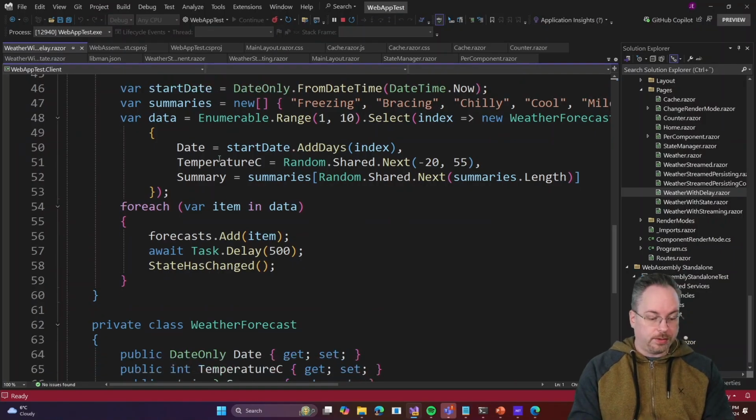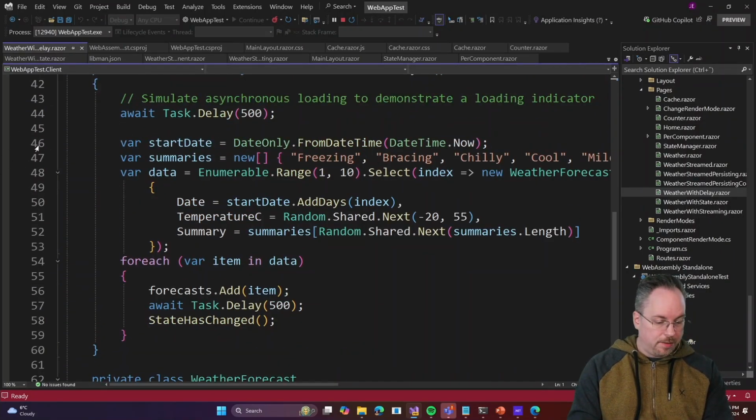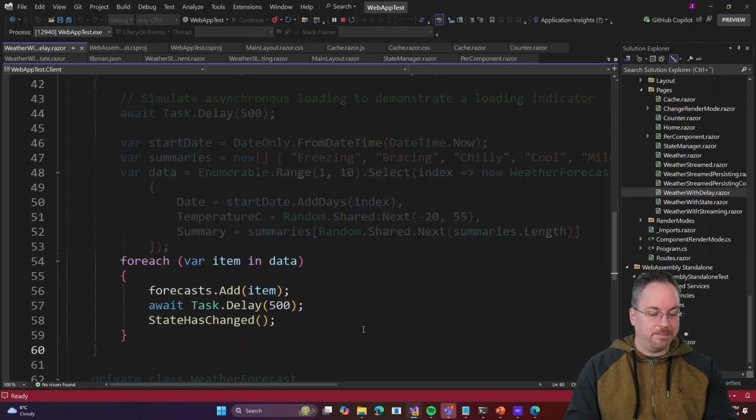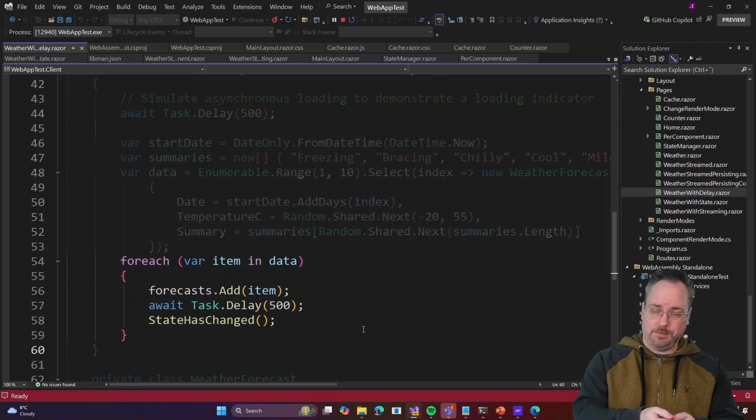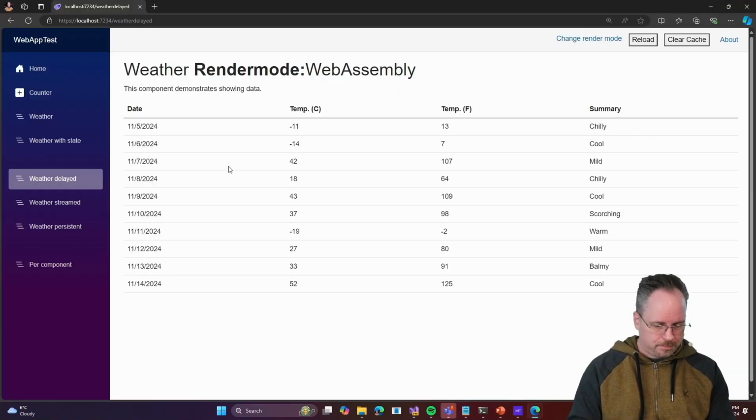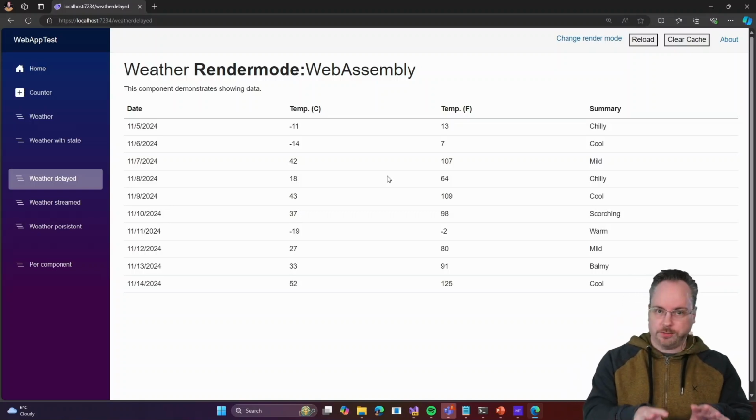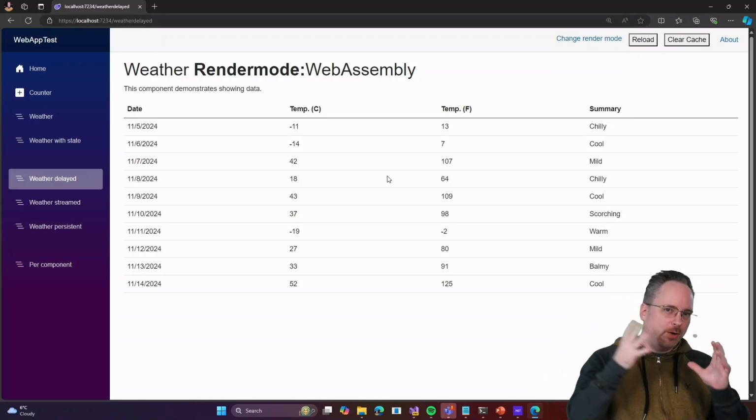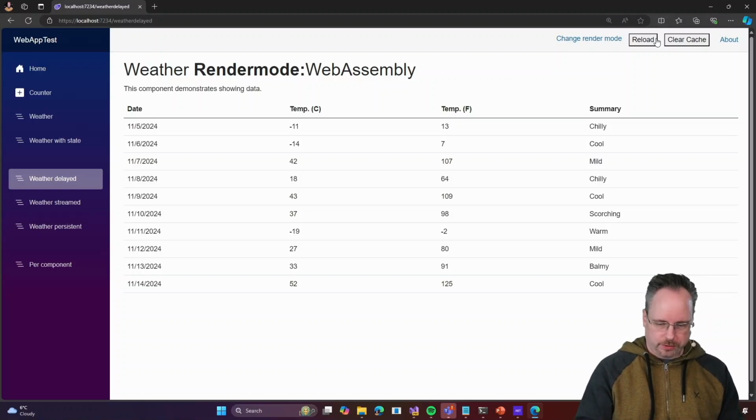So if you take a look at the code here, you can see that I'm generating the data, and then at the end here, I am adding that data to the collection or the list, and I have a little piece of delay involved there as well. So you see that it works quite well. But if I'm running this pre-rendered, so if I reload this page,